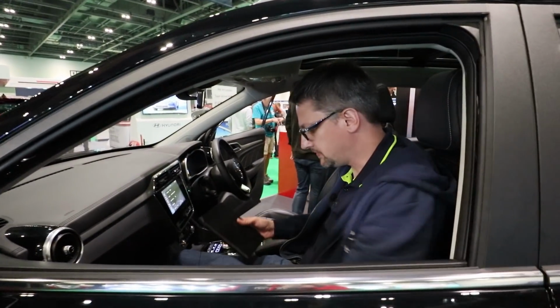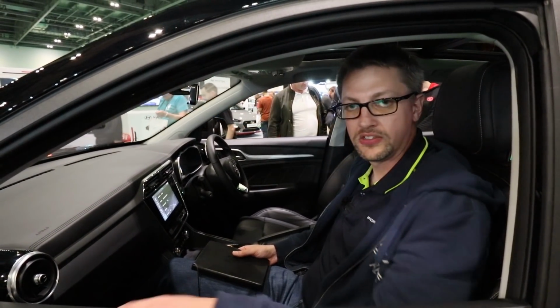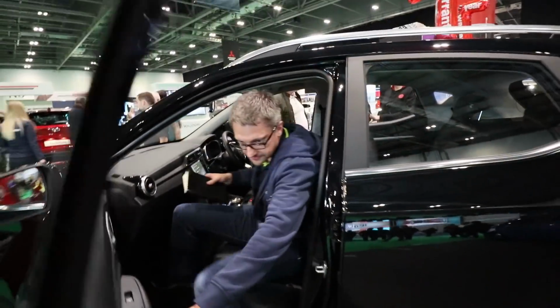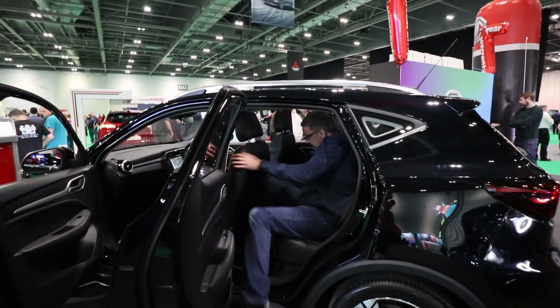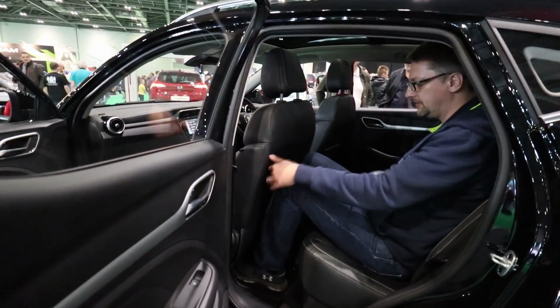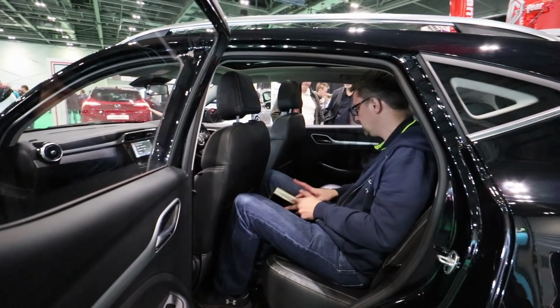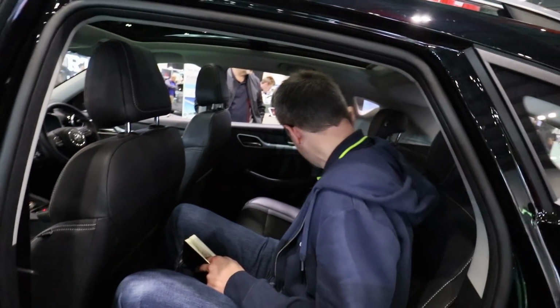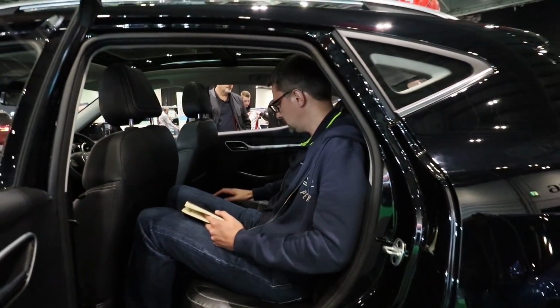Sitting inside the car, I've got the seat pretty much adjusted to how I would have it. I'm 6'2", so quite tall. So let's go and check the back and see how much room I've got. So you can see there's a couple of inches between my knees here. It's a slightly sculpted back as well with a pocket here. Looking in the middle, there's a USB socket for charging, and there's a storage compartment at the bottom as well. There's no center armrest,